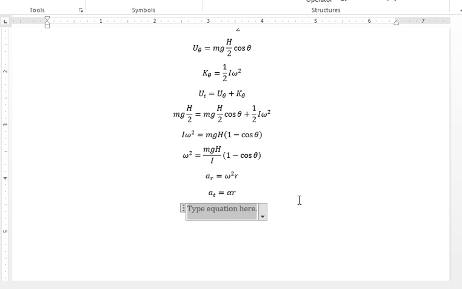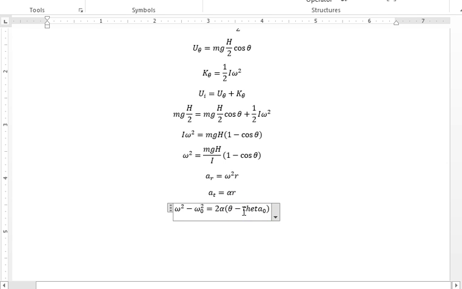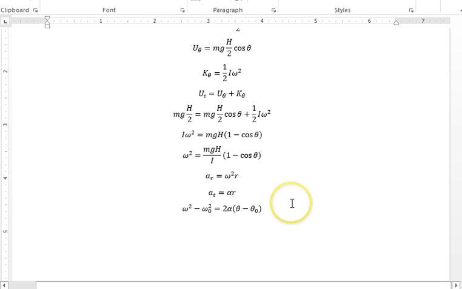And we know from kinematics, omega squared minus omega naught squared equals 2 alpha times theta minus theta naught. And so we're going to get alpha from omega as well,